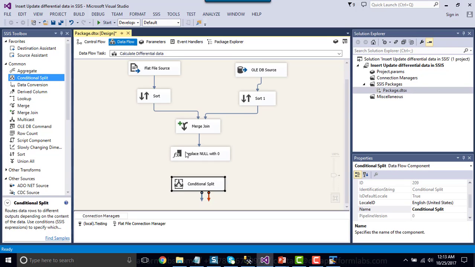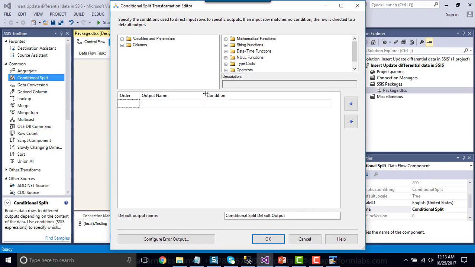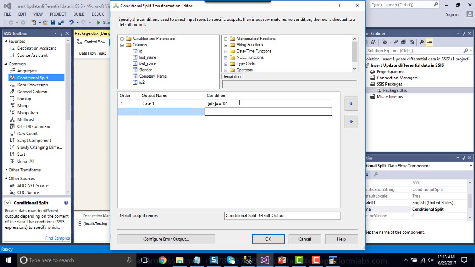Okay, now let's drag and drop a conditional split transformation. So what conditional split transformation will do is move the matched records to one table and non-matched records to another table. So let's double click on the conditional split transformation, and under the columns let's drag and drop the ID2 column here, and under the condition we can make a condition like if ID2 equal to 0, so this means that a record is not matched.